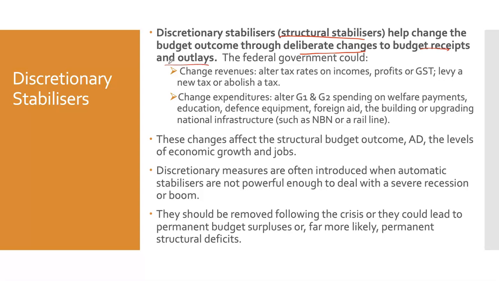For example, the government could change revenues, alter tax rates, alter the tax on profit, change GST, make a new tax, take away a tax. They could change their expenditure. They are in charge of almost all of the expenditure. So they can change the welfare rate, change the investment in education, defence, foreign aid. And all of these things are going to impact the deficit